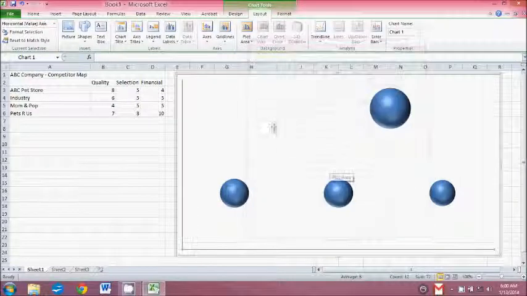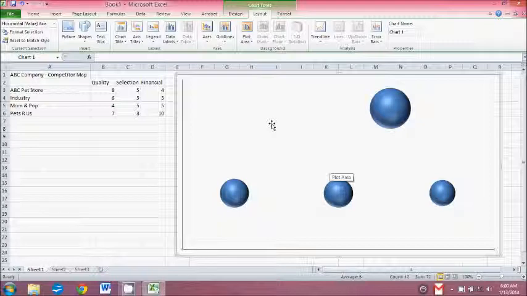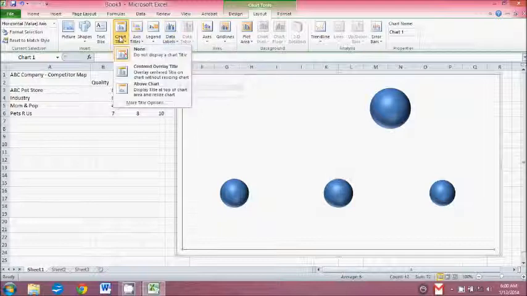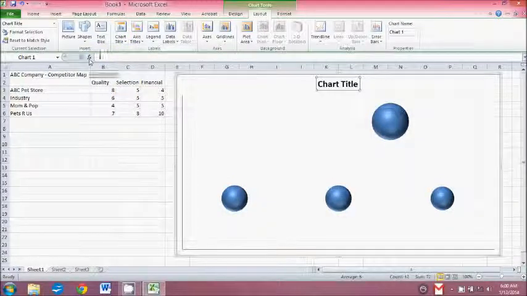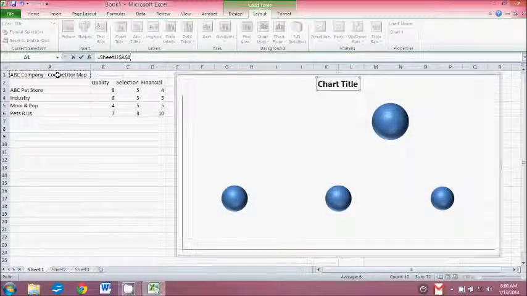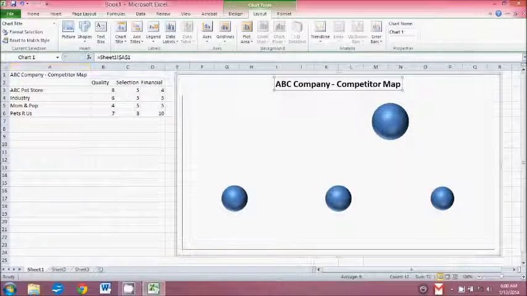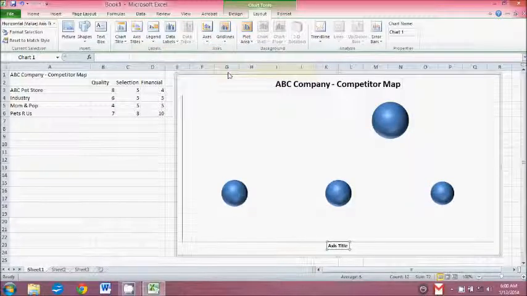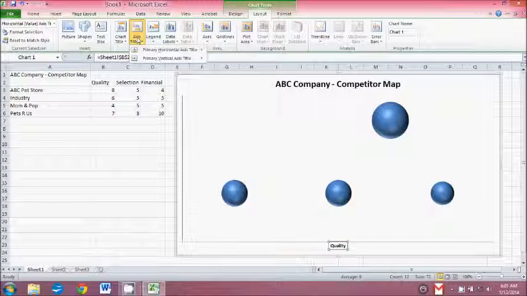Okay. Now what I do want to do, before I start doing the handwritten text, is add my chart title, and I'm going to just do this above the chart, and all I have to do is type in equals and click on the name of the chart, and I also want to put in my axis titles. Okay, so I want this one below, and if you remember, this is the X, so that's quality. Just type in equals quality, and again for the